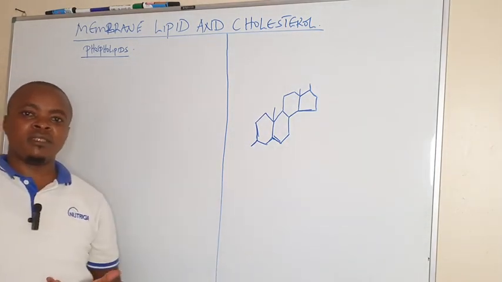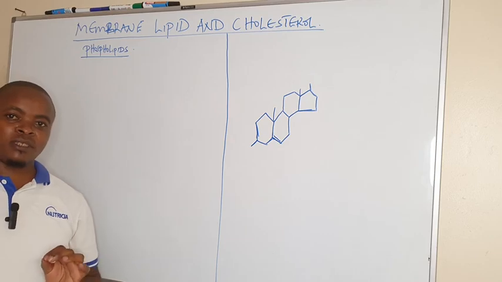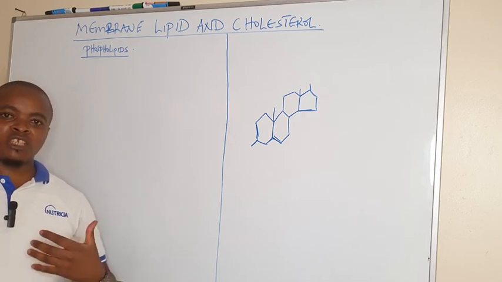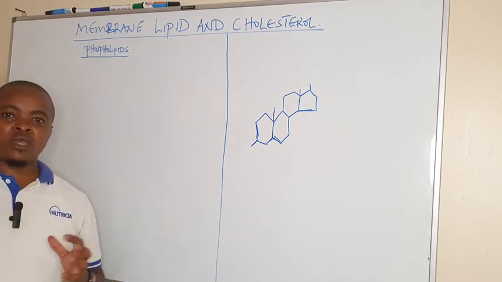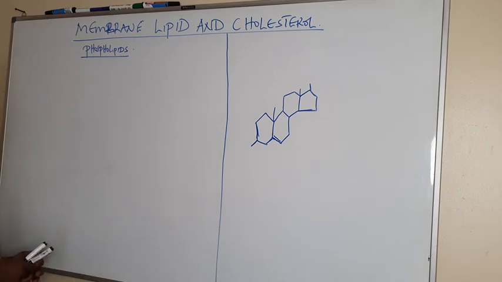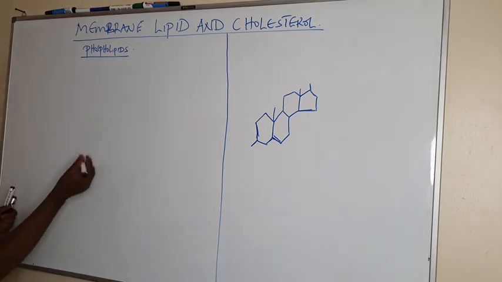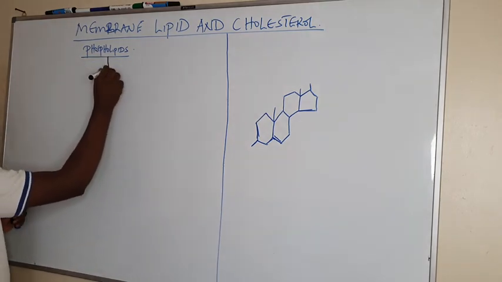So we are going to begin with the membrane lipids. These membrane lipids are the ones that are part of the cell membrane, which brings the communication of the cell with the surrounding. And one of the membrane lipids which we are talking about in this session is phospholipids, which are categorized into two,